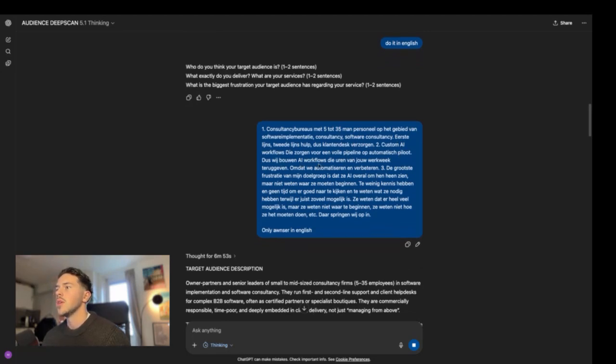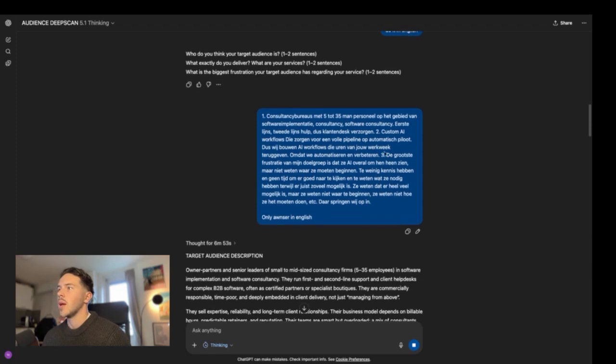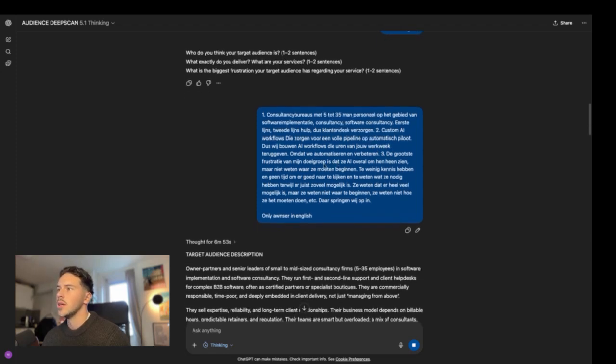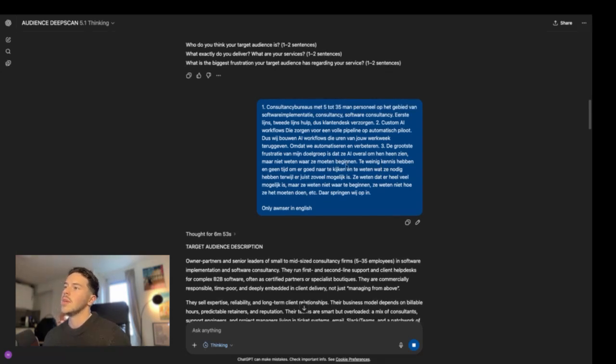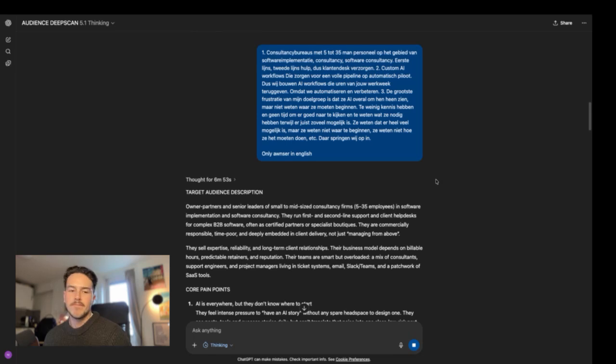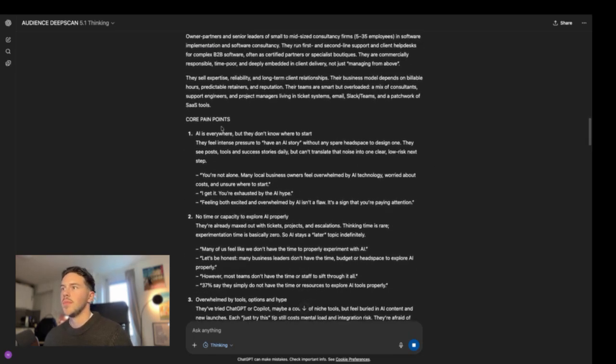Our offer is building AI workflows, giving them back hours in the billable week, automating and improving their service. And their biggest frustration is they see AI everywhere, but they don't know how to start. They don't have enough knowledge about it. They see the possibilities, but don't know where to start. So that's basically what we do.